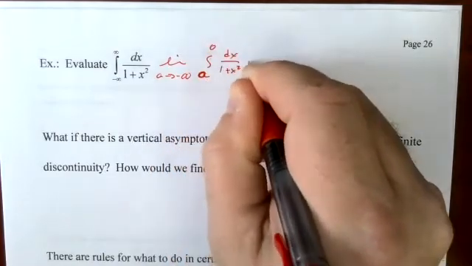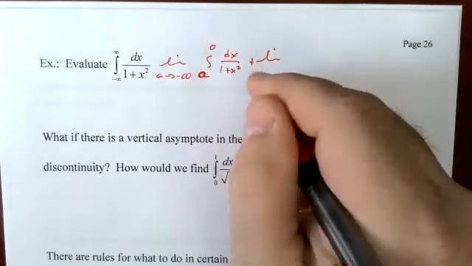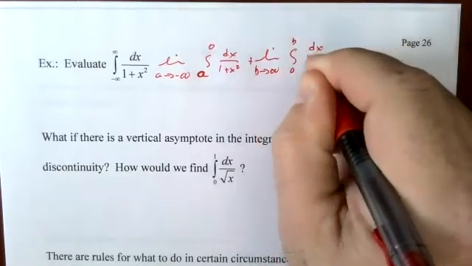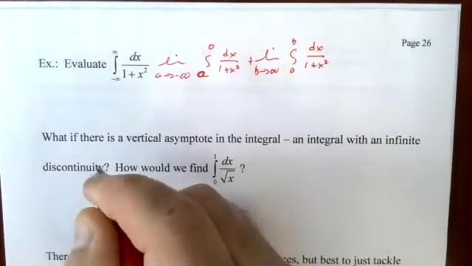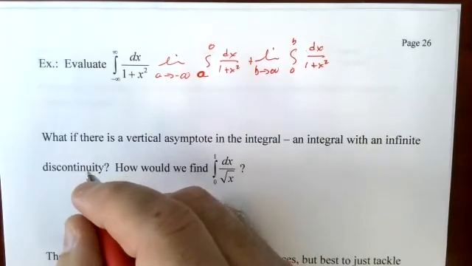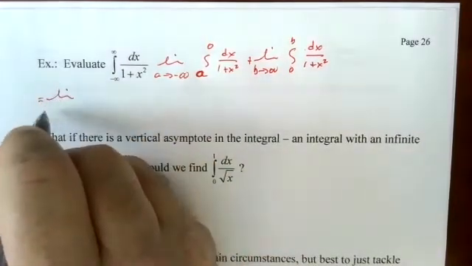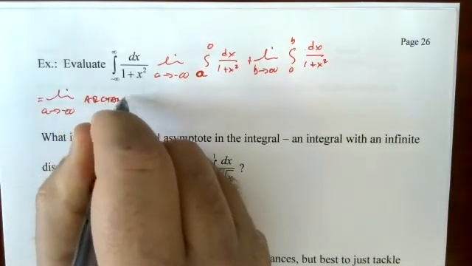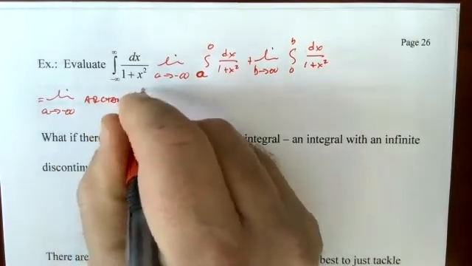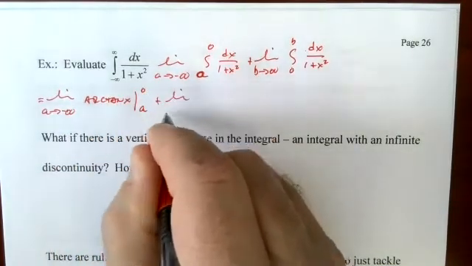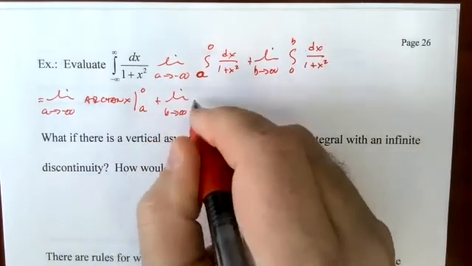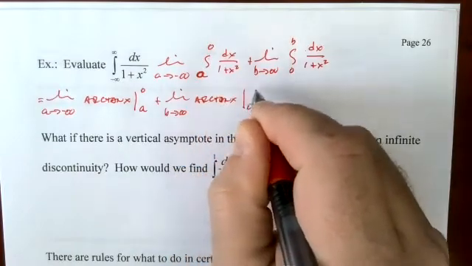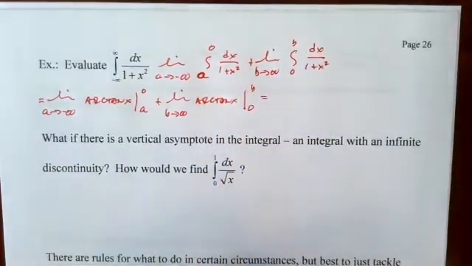1 plus x squared, plus the limit as b approaches infinity, 0 to b, dx over 1 plus x squared, equals the limit as a approaches negative infinity, arctangent x, a to 0, plus the limit as b approaches infinity, arctangent x, 0 to b, equals,